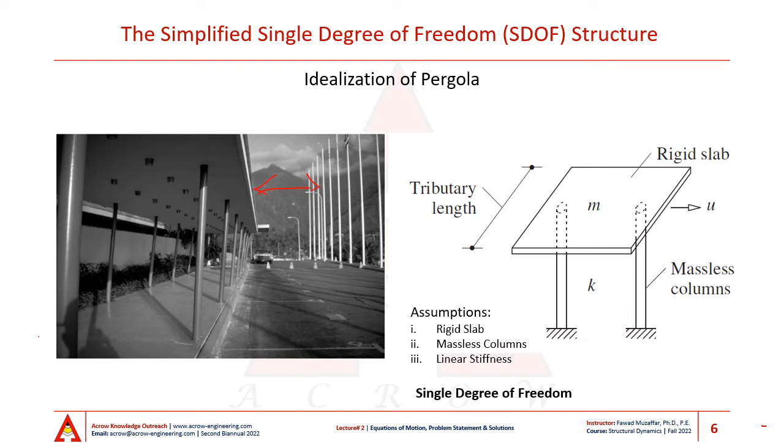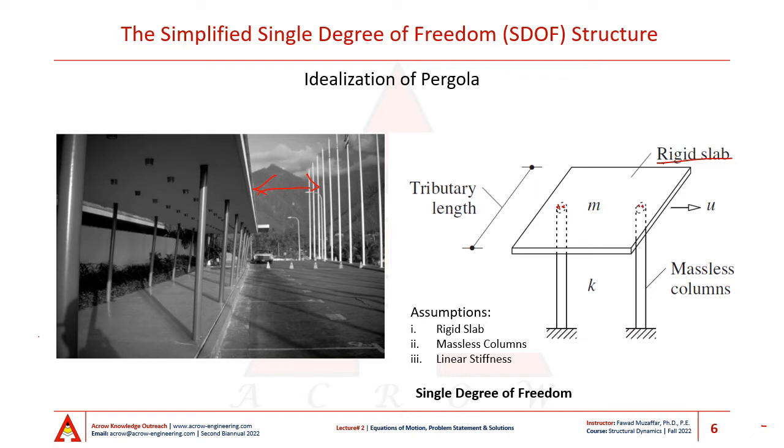And we can see that it can be very easily done by making a certain set of assumptions. The first assumption is that the slab is infinitely rigid, which basically means that when the columns are connected to the slab,